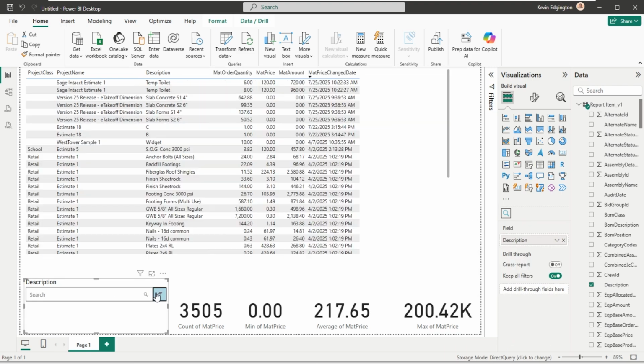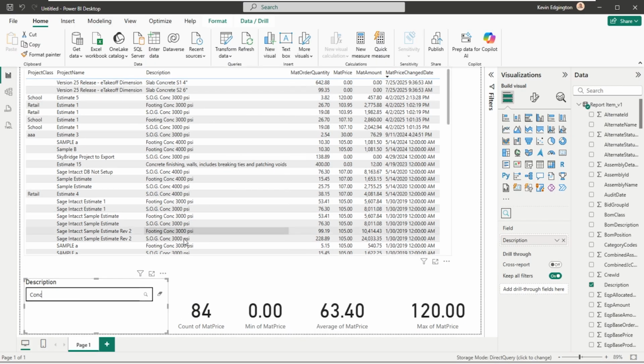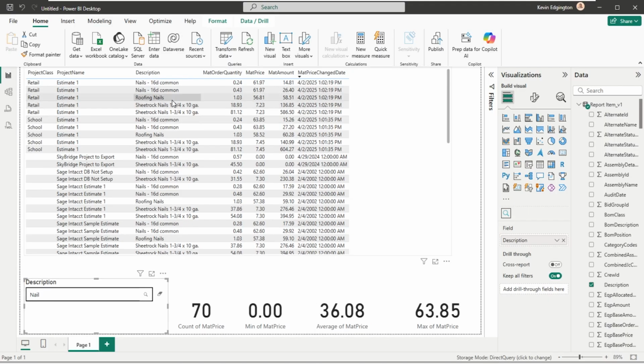If I drop my filter, that shows me all 3,500 lines. That sounds good. So if I went back to CONC, oh, I bet I spelled nail wrong. I think it has a capital N. There we went. Okay, so it is kind of temperamental, the upper and lowercase. So there I got nails, and I've got 70 different items with nails in it and so forth. So that's how we got that description search in there.